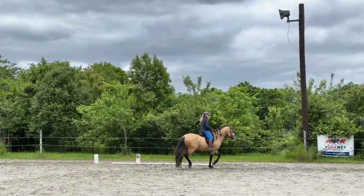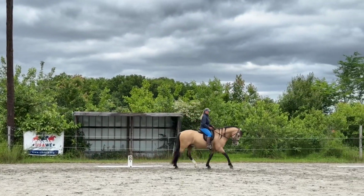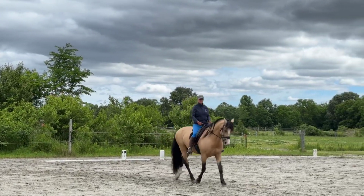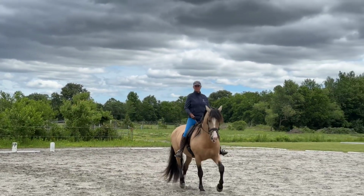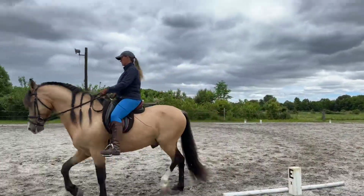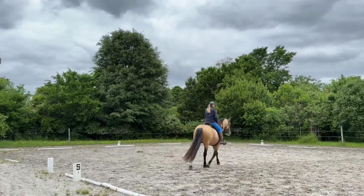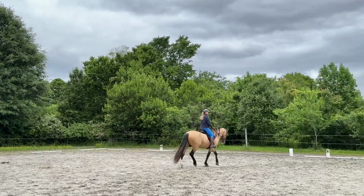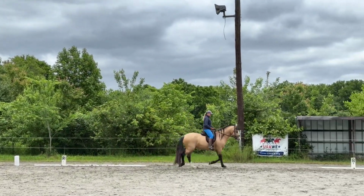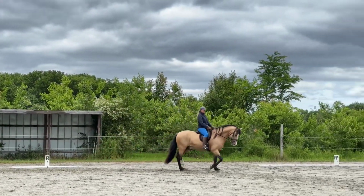Now what you do, once you have that engagement of the outside hind leg to crouch, then you just turn your torso. You can turn your right fingernails a little bit more upward, and take your right rein to the left. Yeah, so that's called the indirect rein, a tiny, tiny bit. You don't even have to pull on it. You just lay more surface area of the right rein on his neck, and inch the bit forward and down. Okay, now